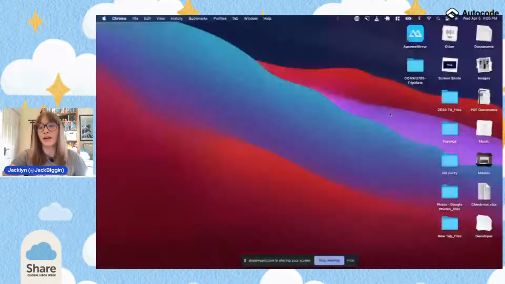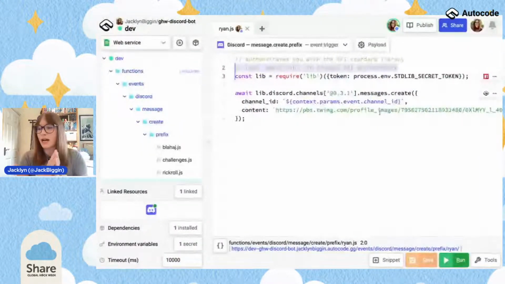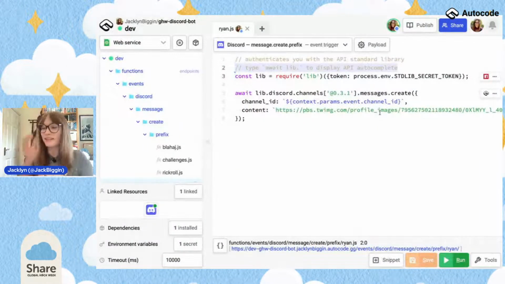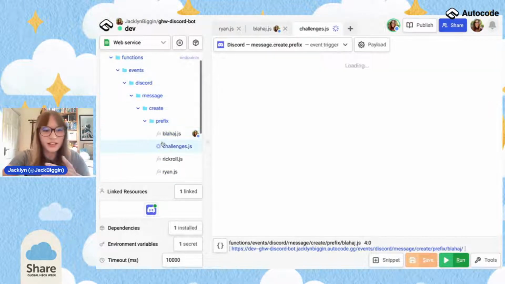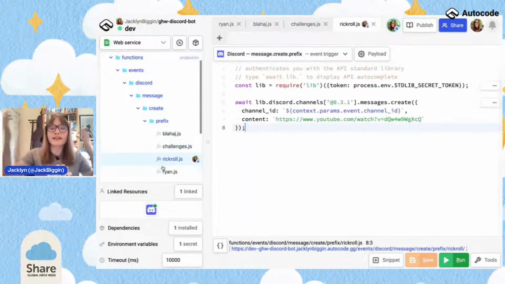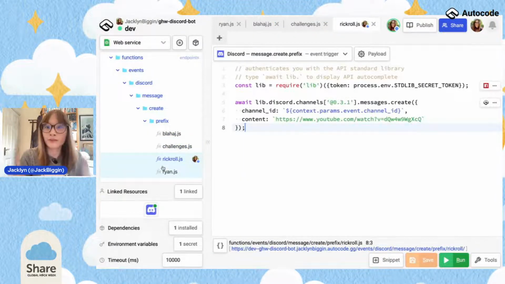So let me share my screen and talk a little bit about what we're going to be doing today. Straight Rogue, I think what we're going to be talking about is going to be right up your alley. Because this is our bot, which we were working on. You might recognize that you've got exclamation mark challenges and all of that scraping stuff we did, as well as our rickroll command.